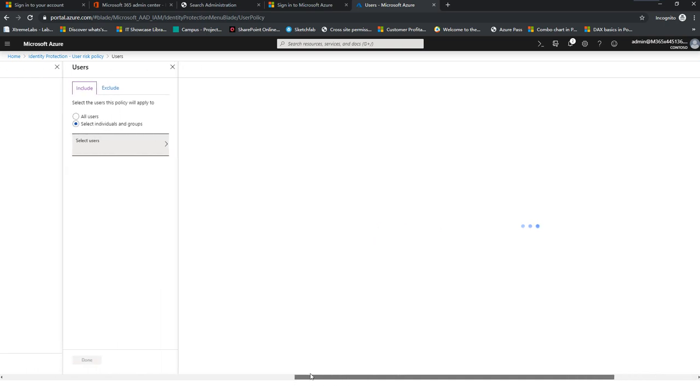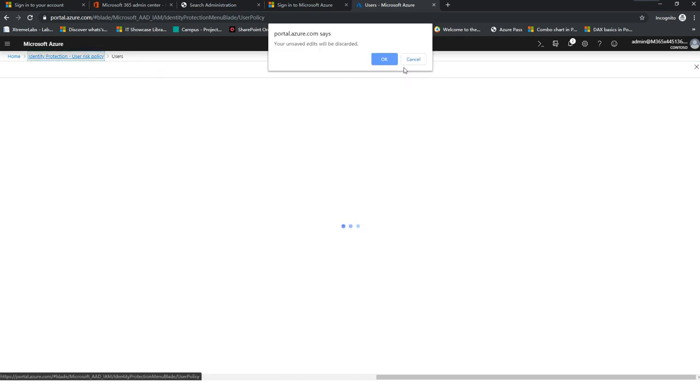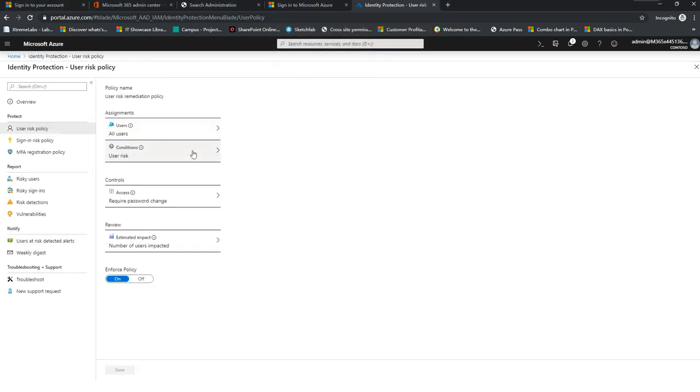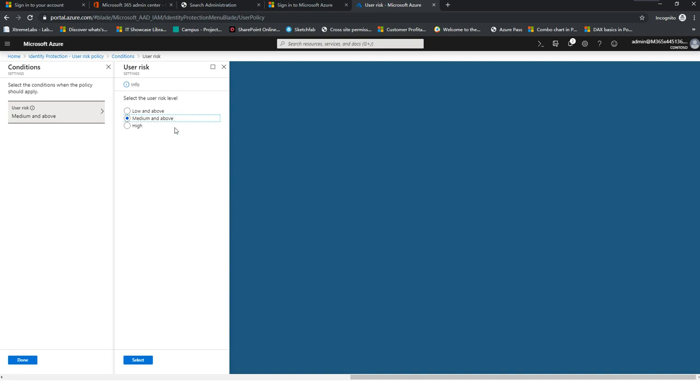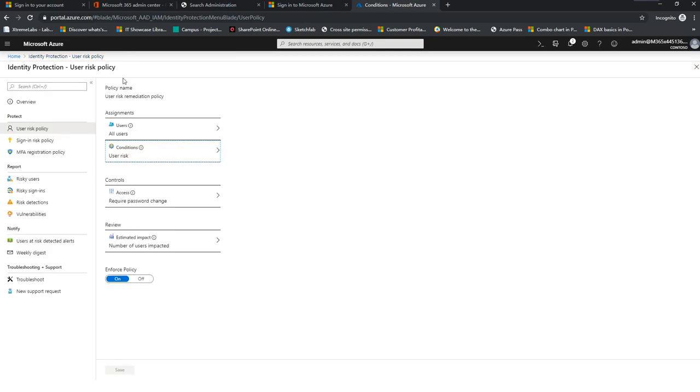And it's not loading. Well, anyway, you saw me here. I selected all the users. And the conditions, user risk, medium and above, low, high. So close that. And controls, whether you allow them to access or not. So block or allow. And you see the allow access has a checkbox for require password change,